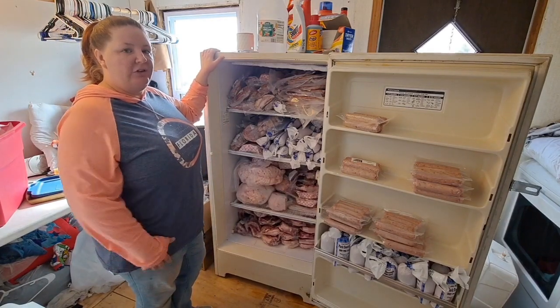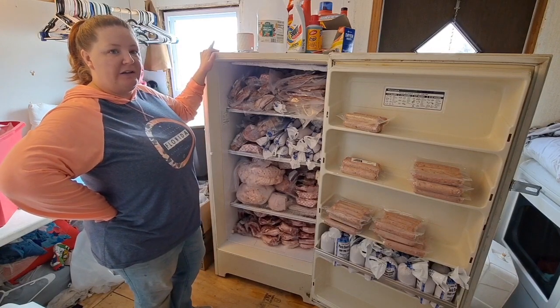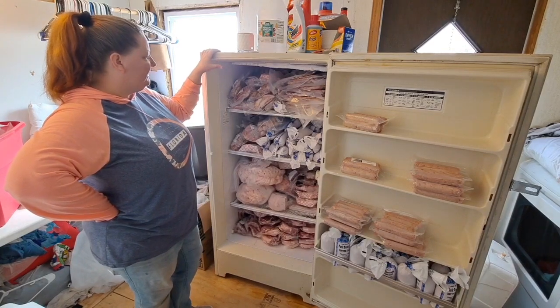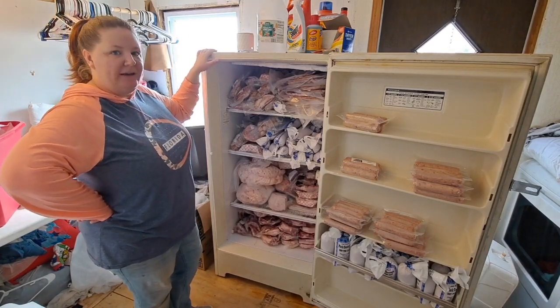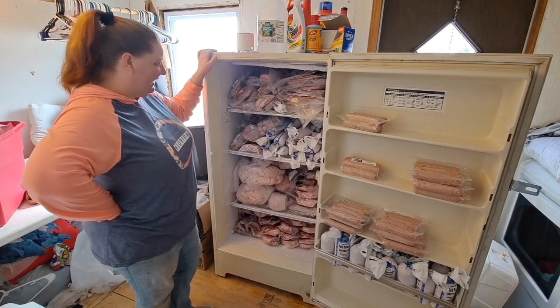So if y'all do something else or something different with pork jowl, let me know down in the comments. I'd love to hear what y'all do with that. Y'all know just this past year I got interested in cooking, so I'm still learning. There's a lot to learn, but